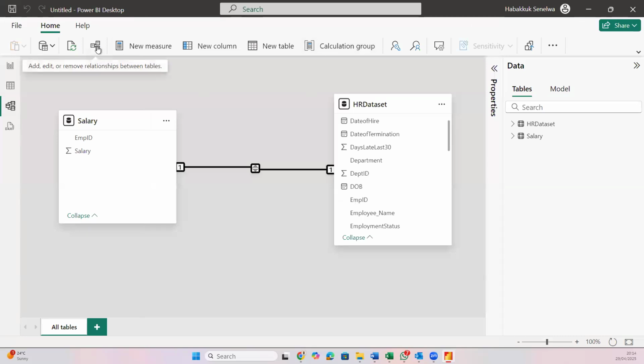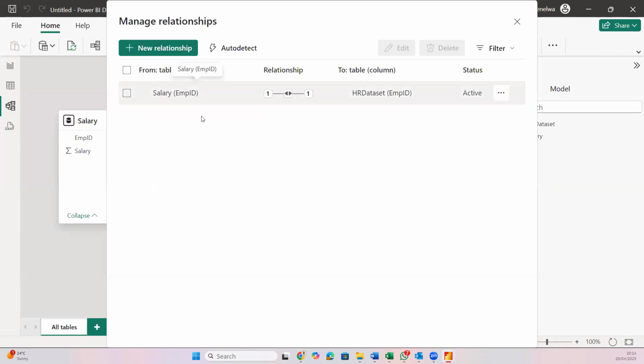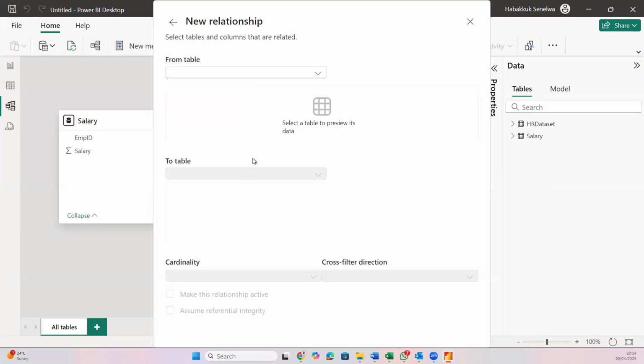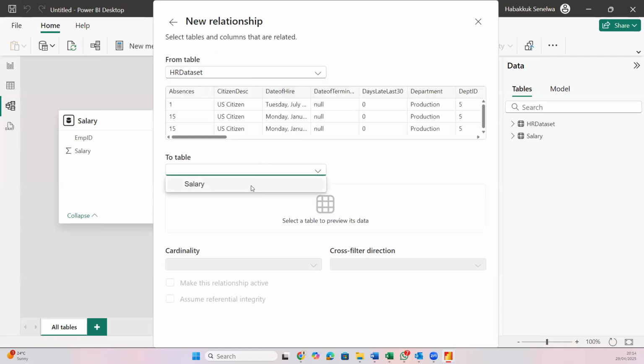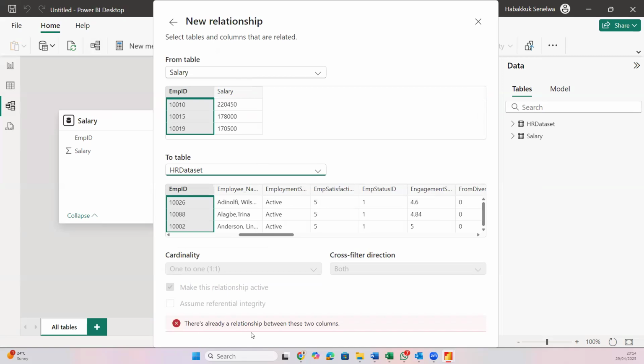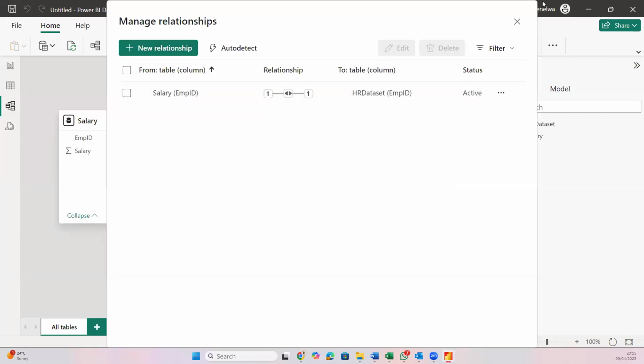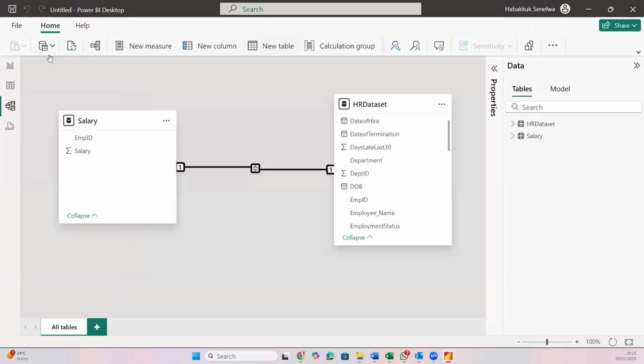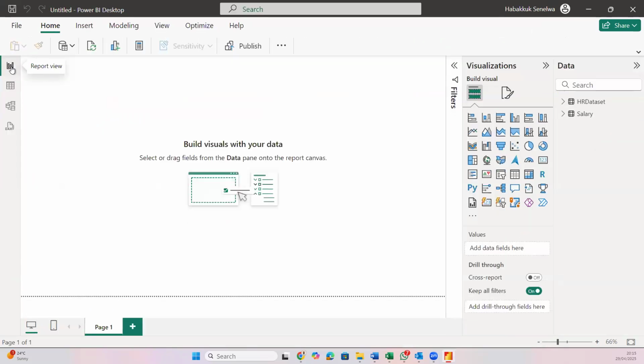But if that's not the case, you can still come here and create a new relationship, and then pick the tables, and you'll still arrive at the same thing that you've done. So I can't recreate the relationship because there's already an existing relationship between the two tables. You can't create more than one relationship between the same two tables, so that will be ambiguous. So once we are done with that, I think we are good to go. You can comfortably say we have a basic data model